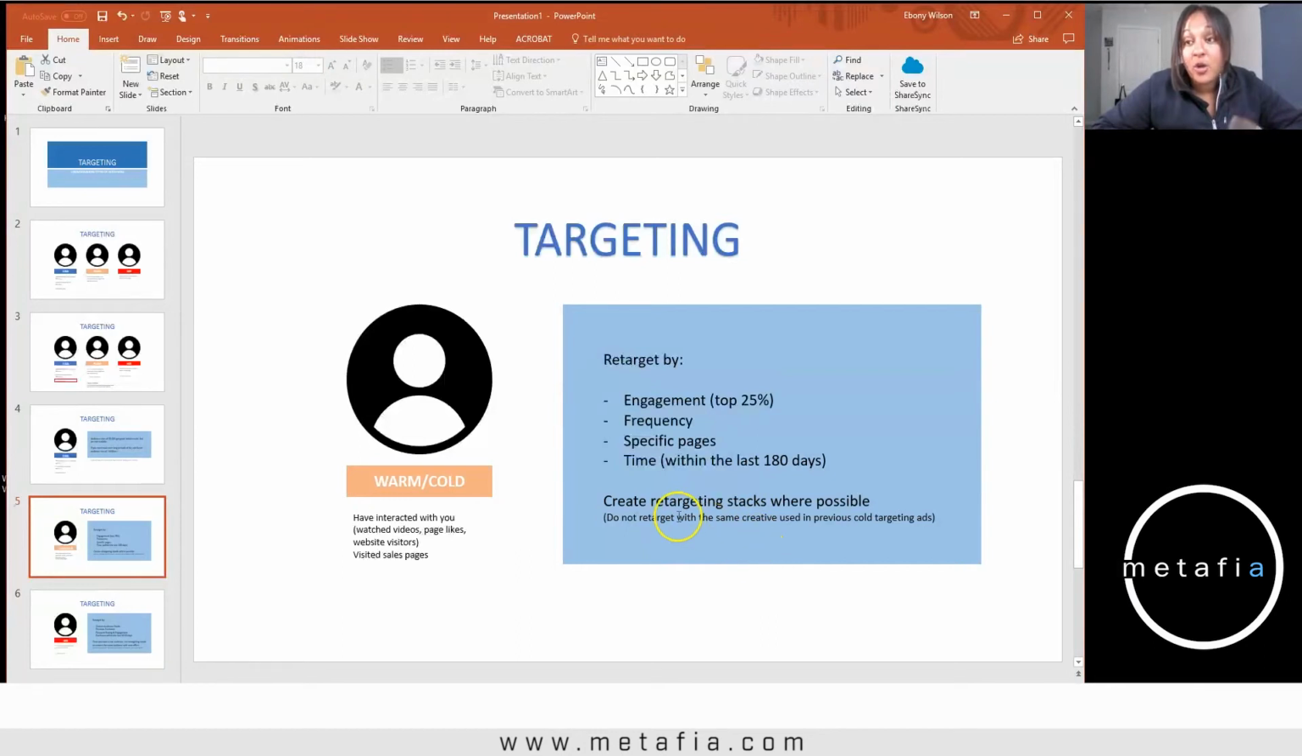This is really good. One of the reasons I say do not retarget with the same creative used in previous cold targeting ads is because if someone is looking at your content again, you don't want to hit them with the same ad creative that you used previously to get them. Maybe that first ad copy that you tested was good enough to get them in the door or get them to look at your website, but now you want to keep getting in front of their face with better content or new content so that they know that you're interacting with them, right? And then finally,